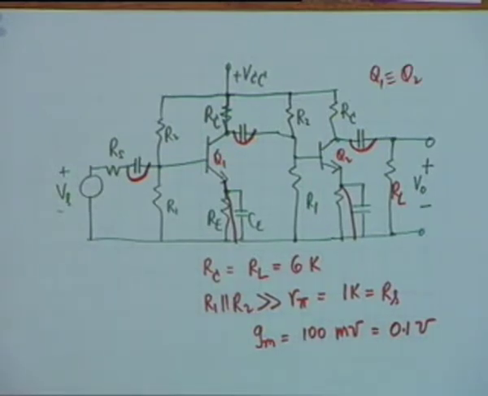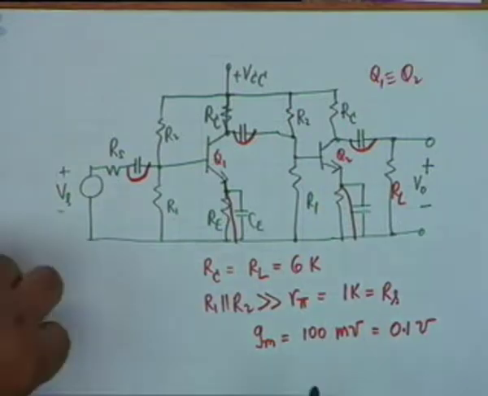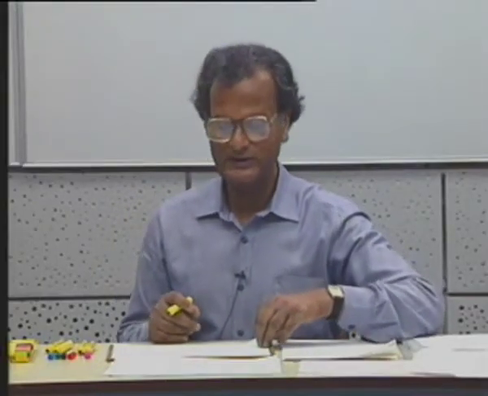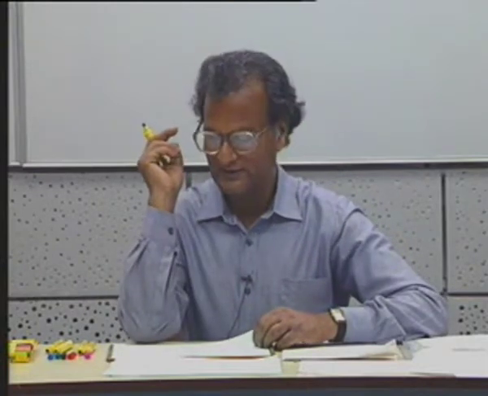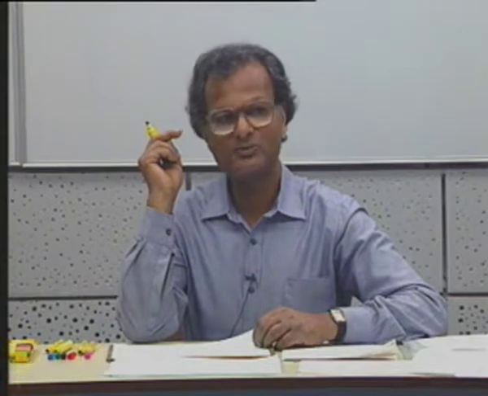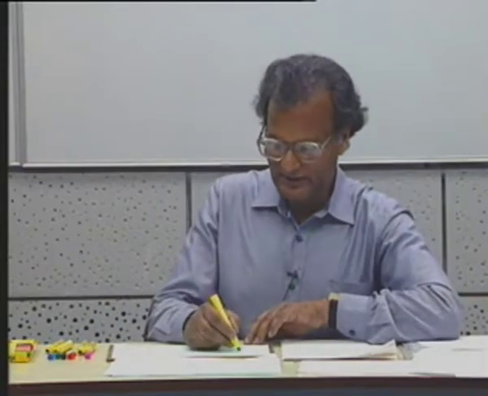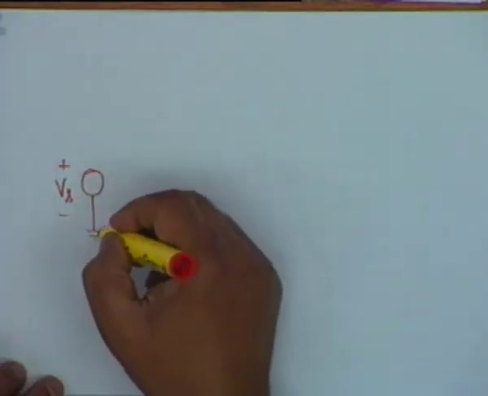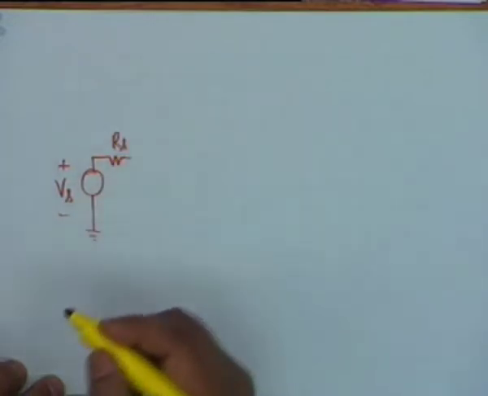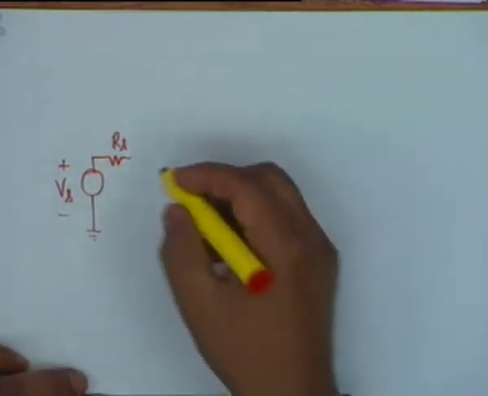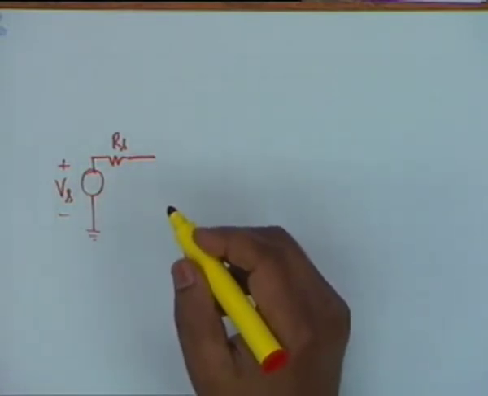Beta is not given, we do not need it. How much is beta for this transistor? 1K multiplied by 0.1, so 100, isn't that right? Beta is 100. Let us draw the equivalent circuit and see if we can calculate. You will see that if you take care in drawing the equivalent circuit, then analysis is almost by inspection. No equations have to be written. Now, let me go ahead with the equivalent circuit. Vs, then you have Rs. We have ignored R1 parallel R2, and therefore it is simply R pi.